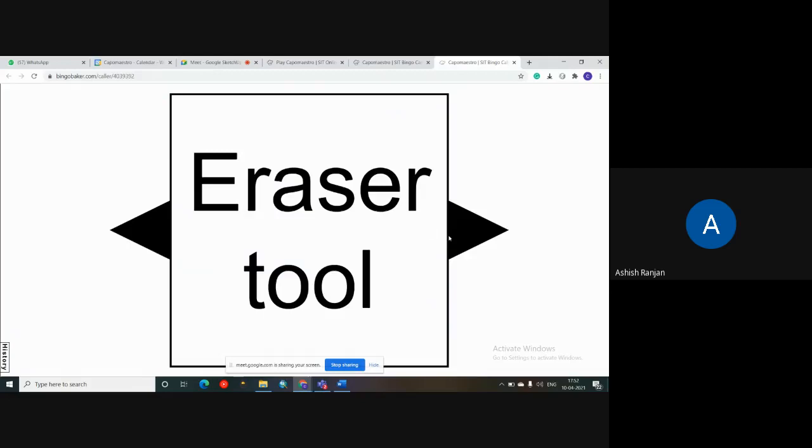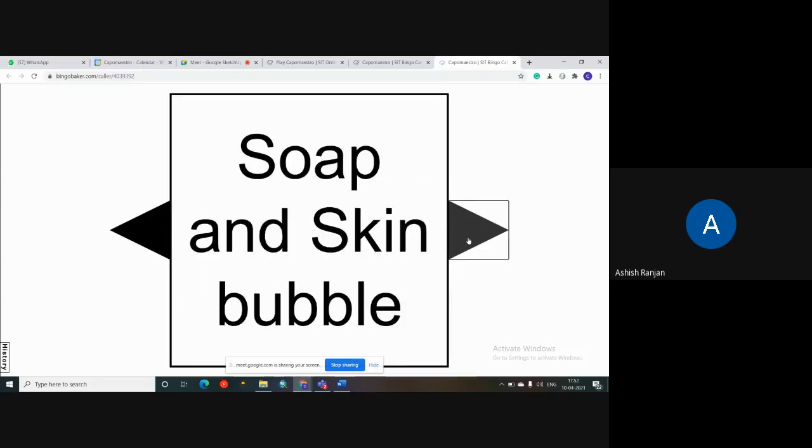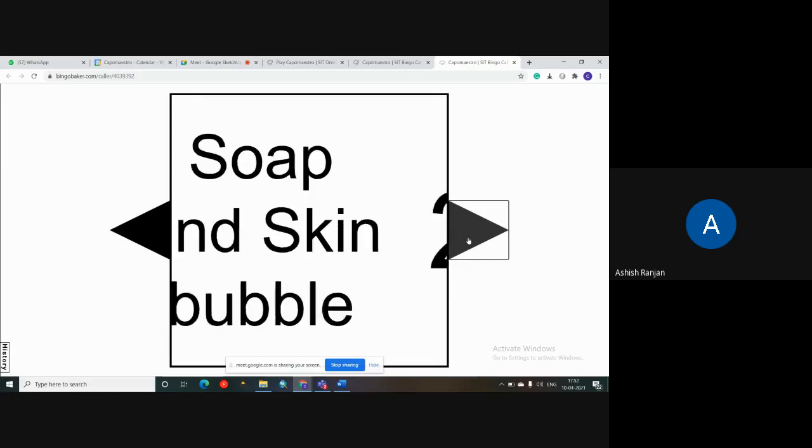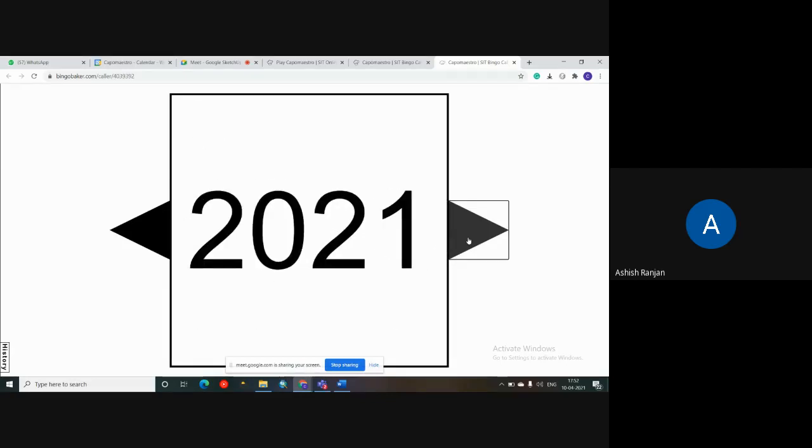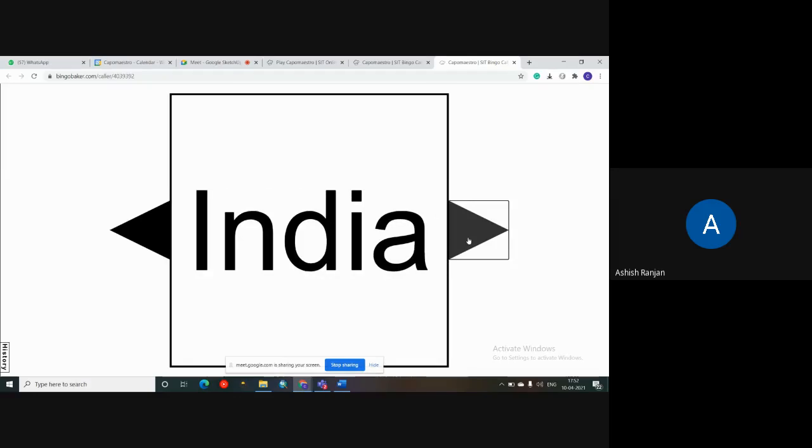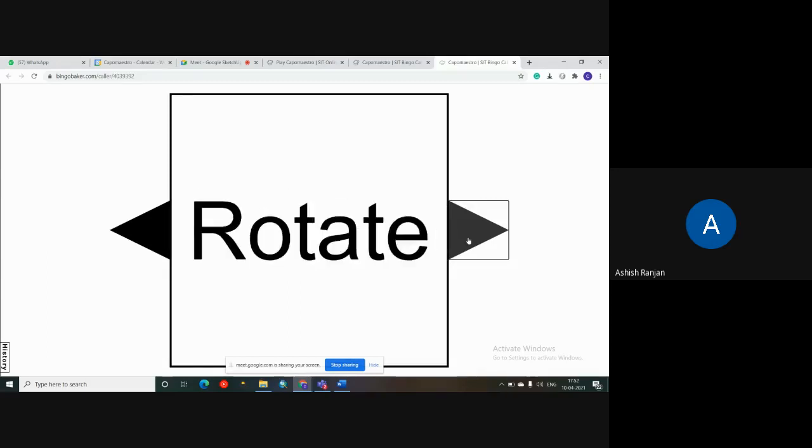The first word is erase tool. Soap and skin bubble. 2021. India. Rotate.